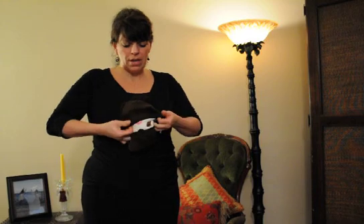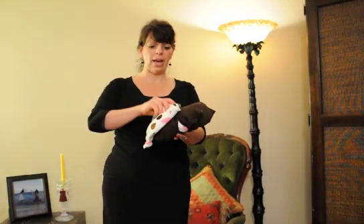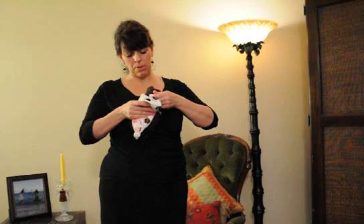Tuck it right in, and then you can take your hat, because heaven knows it's impossible to keep track of a hat. Take a hat, fold it in half, and you tuck it in the bottom like this, and you pop it in your baby bag, and there is your baby wrap. Cannot beat that for the size and the convenience and the SoNurturing feeling that you get when you're able to wear your baby next to you without both of you sweating to death or buckling or